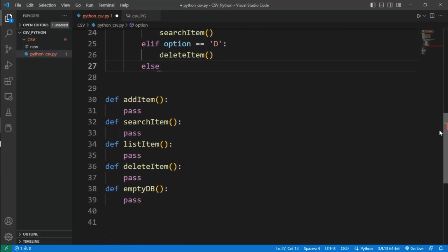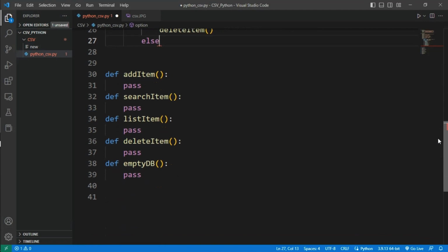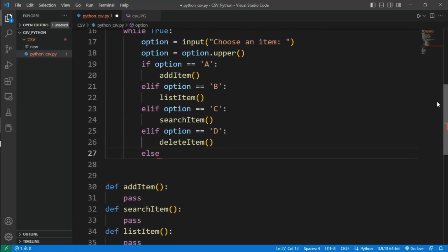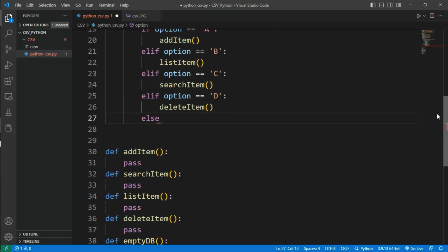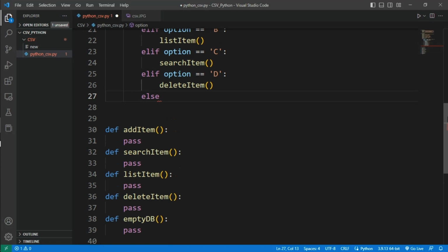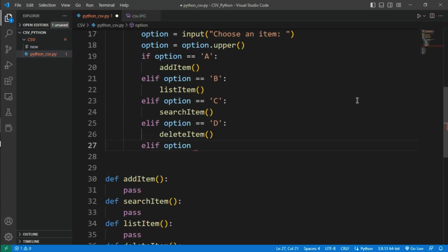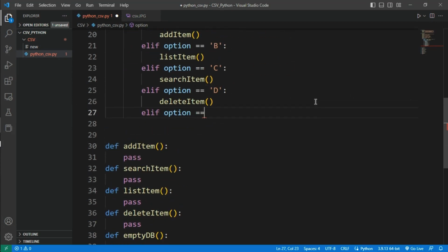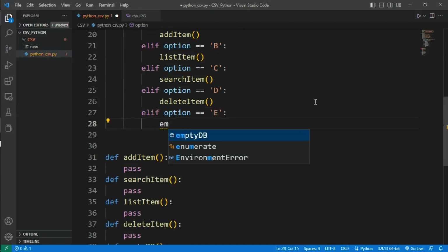Okay, so what do we have next? Now we have a C, and we have the delete item. So we have an empty database. Let's say also if option is we have delete item E, then we have empty